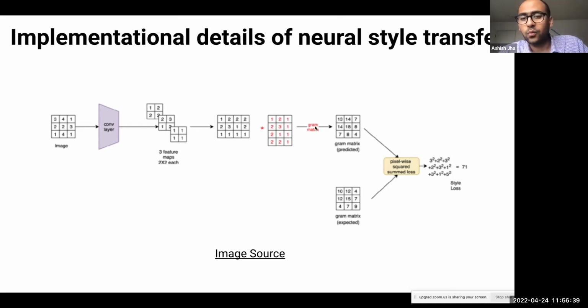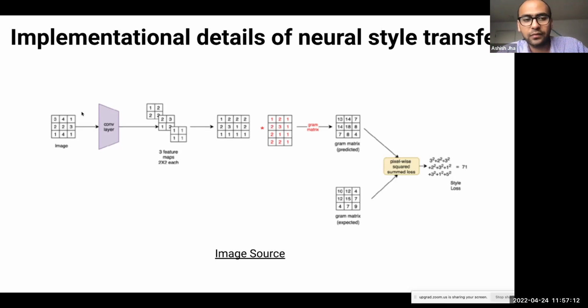You will ask me why gram matrix. Gram matrices are really good, even in computer vision literature, at extracting the textural components of an image. What we want from the style image is not its actual content, but its texture. So the neural style transfer paper proposed the idea that if we use the gram matrix to compute the loss, it will inject the style of the style image instead of the content into our resulting image.